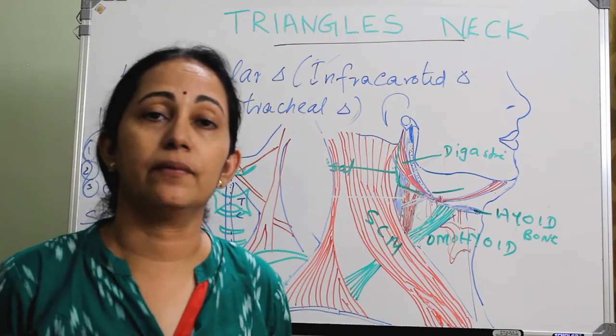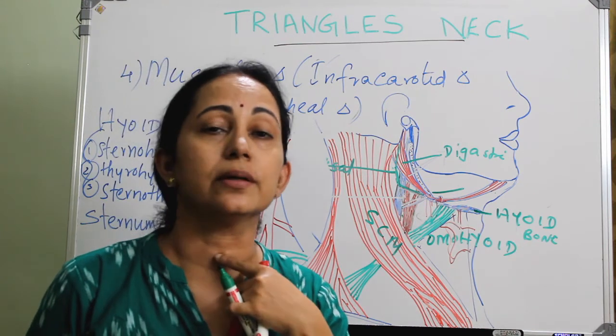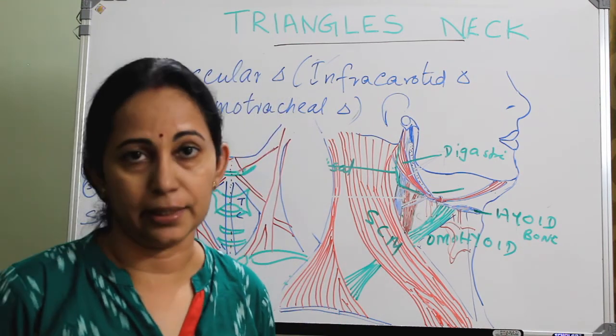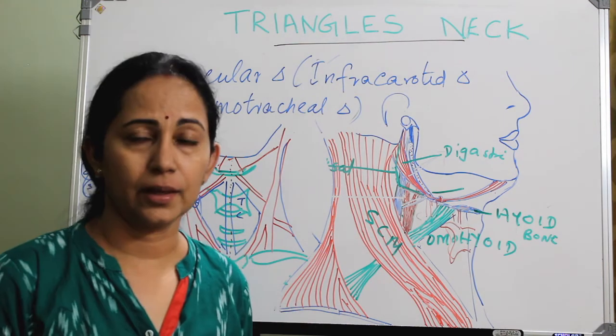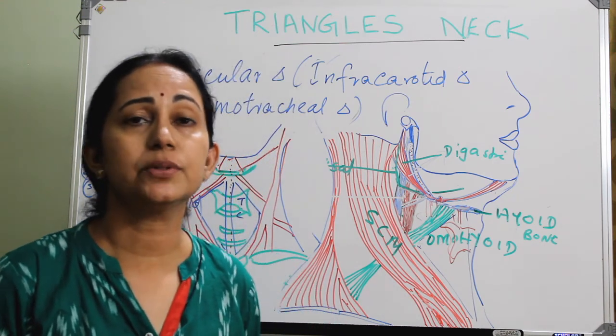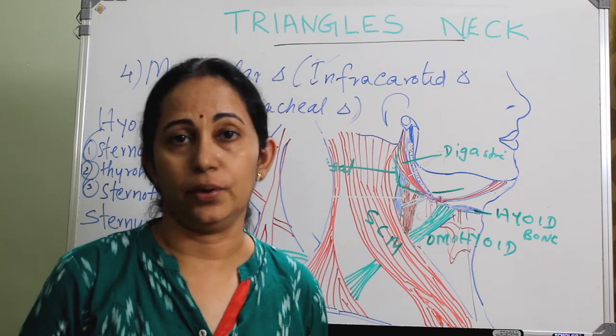And tracheostomy I have already explained in a previous class. We do tracheostomy mainly between the second and third tracheal ring. Okay, so that is the clinical significance, and an important nerve in this area is the recurrent laryngeal nerve, which is liable to be injured if you are not careful during a thyroidectomy.